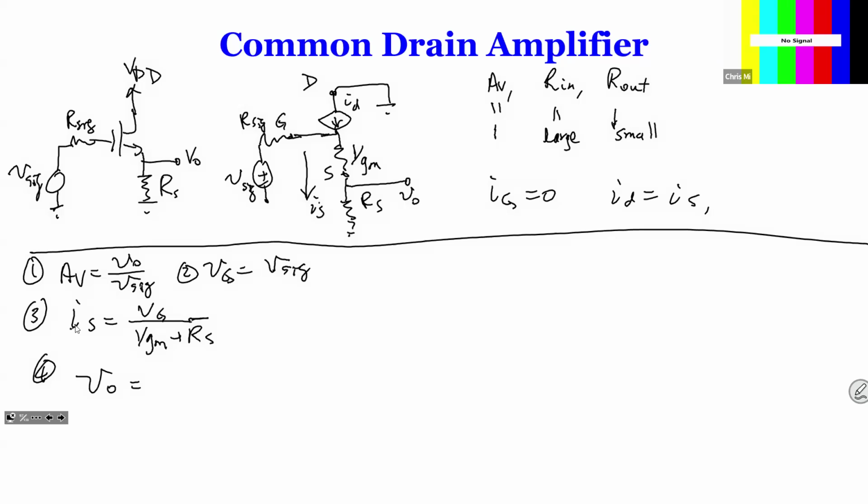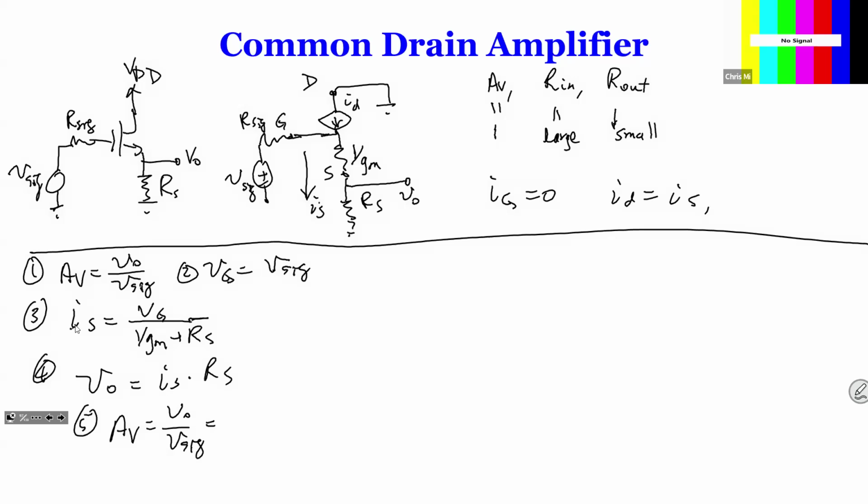Once we find the current, we find VO. VO is going to be just IS times RS. So we find VO is going to be IS times RS. So now we can find the gain. AV is going to be VO over VSIG equal to